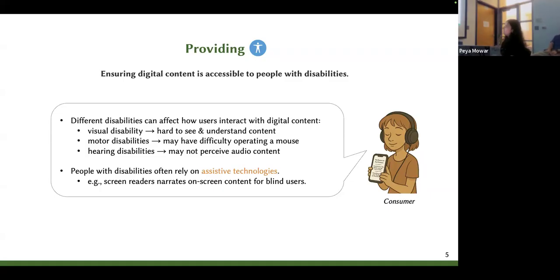Similarly, other kinds of disabilities affect computer use in different ways. But in this talk, I'm going to focus on screen readers as an example of the kind of assistive technologies that the consumers use. And I'll be giving examples of the kind of metadata which is important for screen readers to provide that content. So the goal of the work is to make content accessible to these assistive technologies. So in this work, I'm focusing on making content accessible to a screen reader.